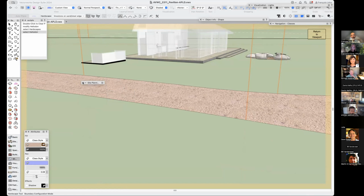And what I prefer to do, just because I tend to have lots of editing along the way,